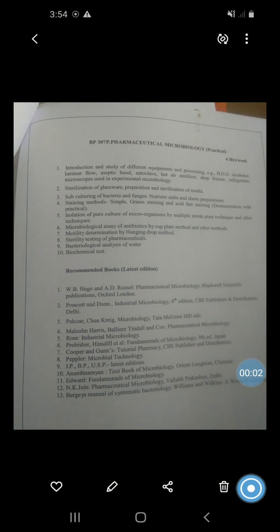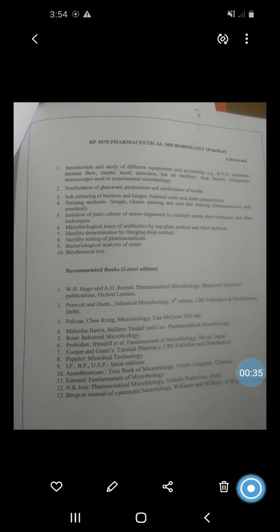Okay, next equipment, that is BOD. I have already discussed what is the incubator. What is BOD? It is biological oxygen demand. It means the amount of dissolved oxygen that is demanded by the aerobic biological organisms to break down the organic material which is present in the given water sample at a certain temperature over a specific period of time. Are you getting the meaning of BOD?